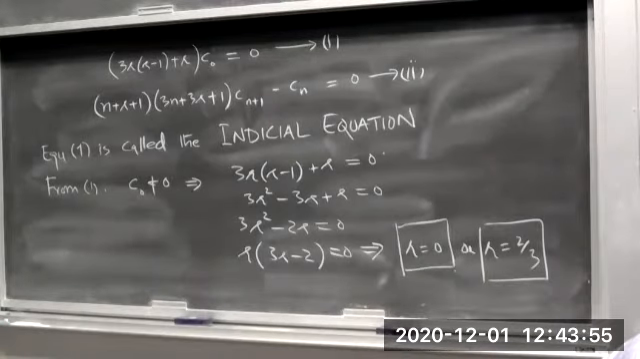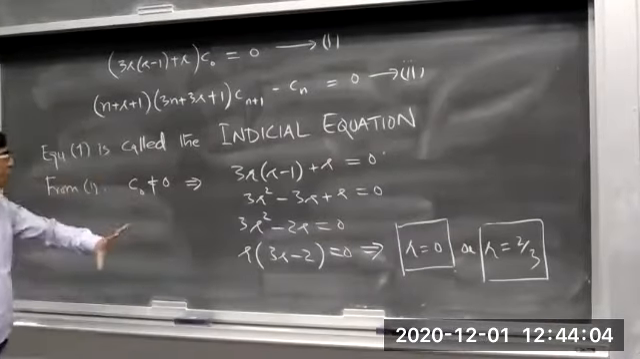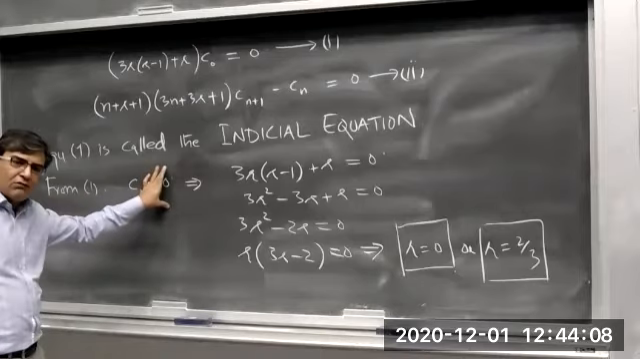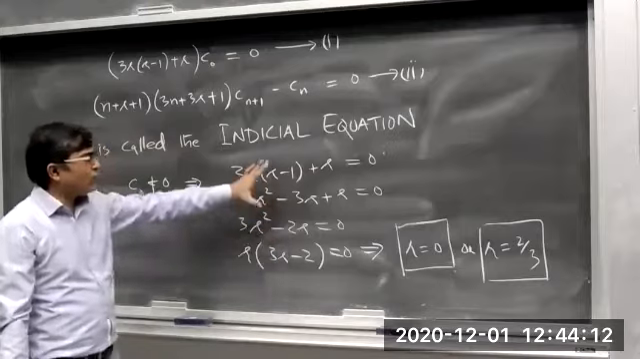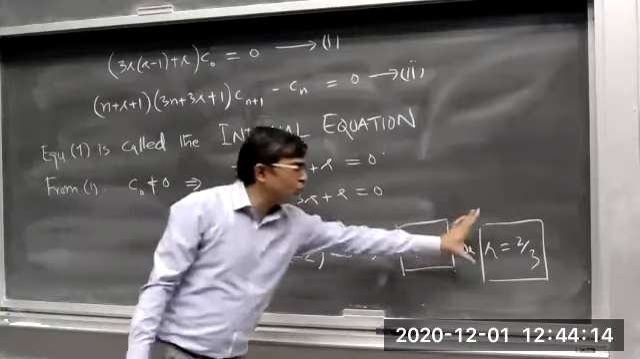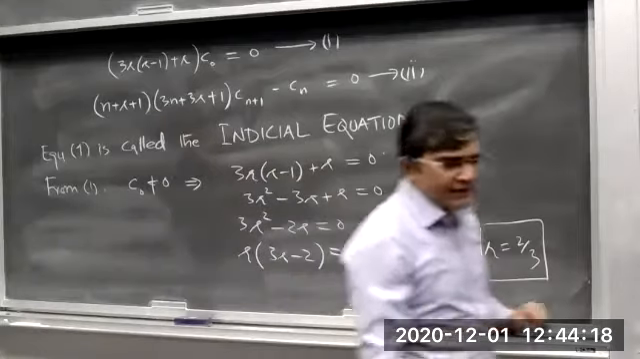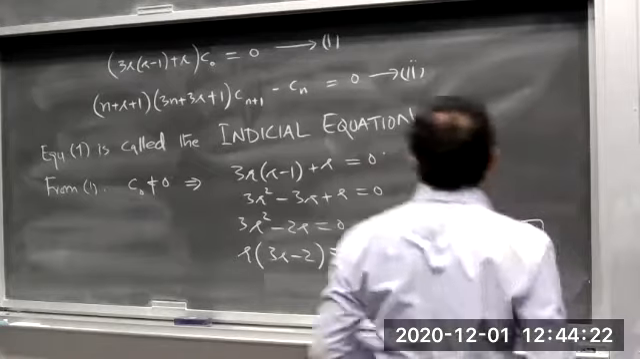Let me see it. Why is C naught not equal to 0? Let me repeat it. If we assume that C naught is not equal to 0, then this must be equal to 0. And simplifying, this is a quadratic equation, and we must obtain 2 roots, r is equal to 0 and r is equal to 2 by 3. Now, why is this C naught not equal to 0? Because if we look at